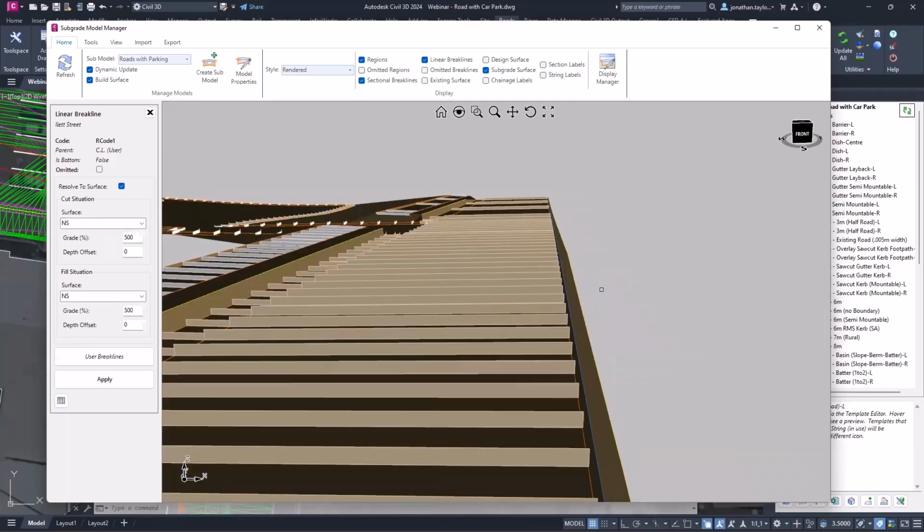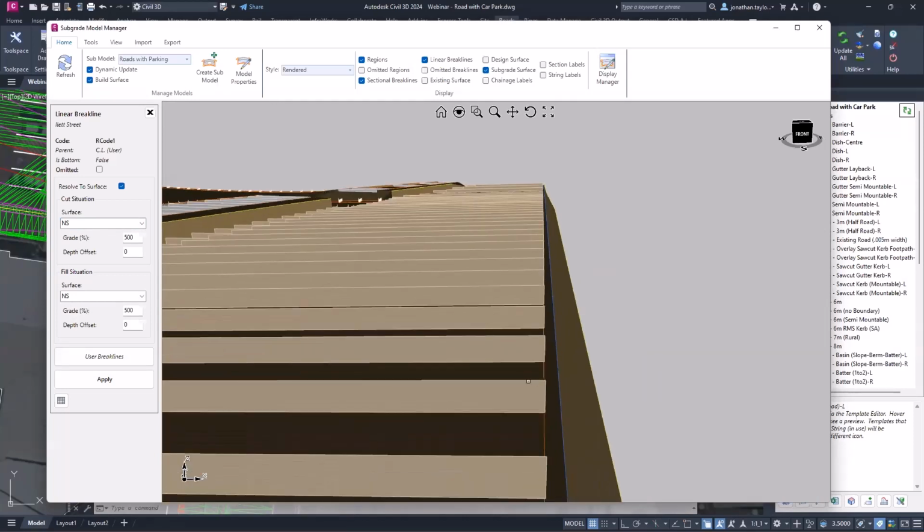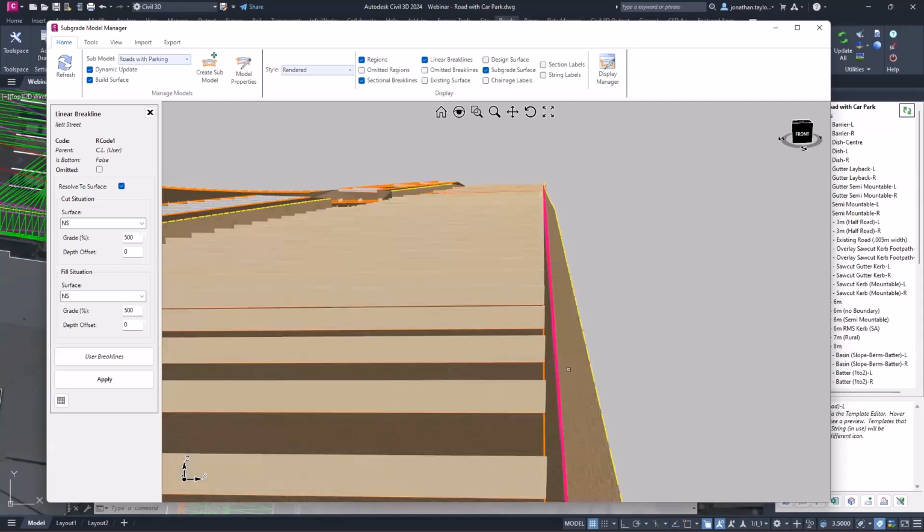So you can add these just as additional sort of widenings, local widenings that you need to do to your subgrade surface, because let's face it, when the contractor goes out there and he was to hypothetically dig this out, he's not going to dig a nice, neat, straight line along the center line unless you've got some immaculate contractor that's going to be working that way. But this user break line you can add gives yourself a little bit of a margin,